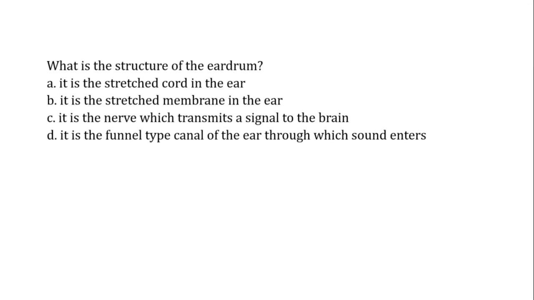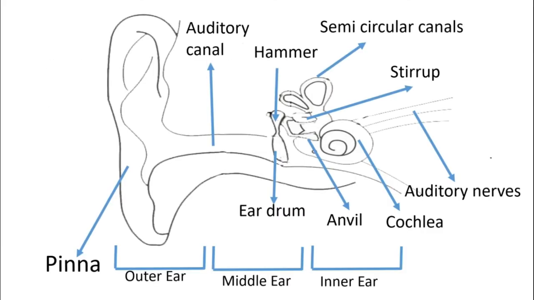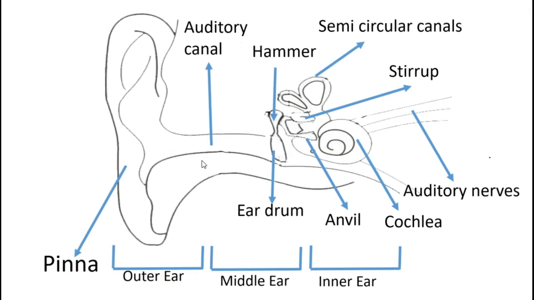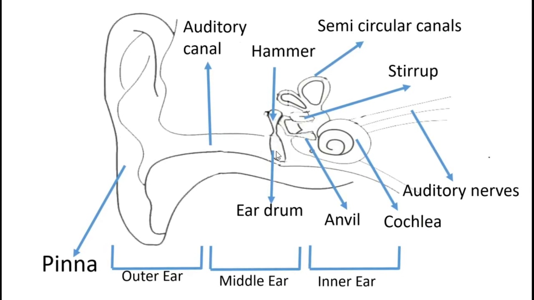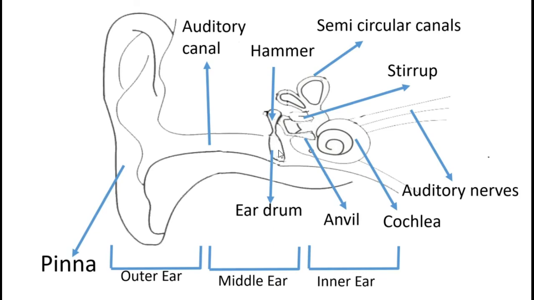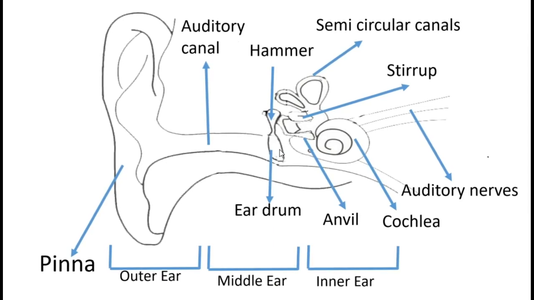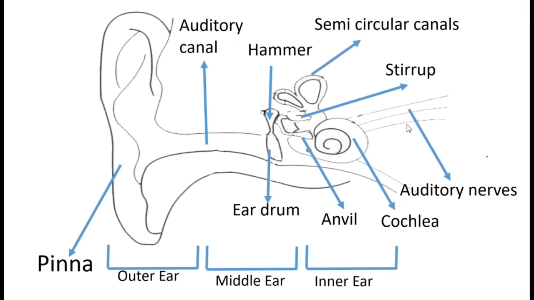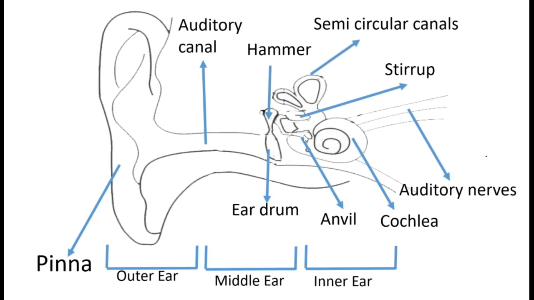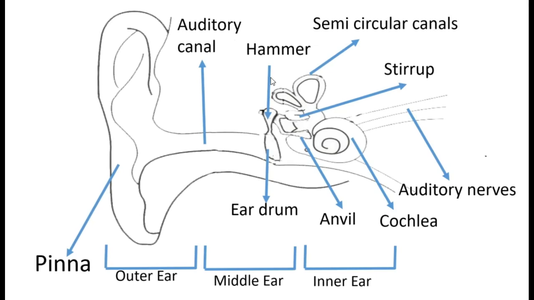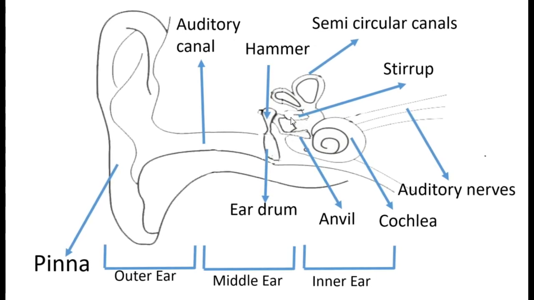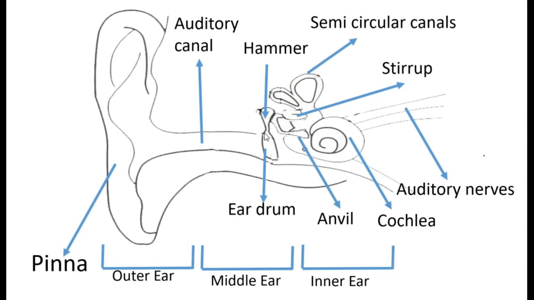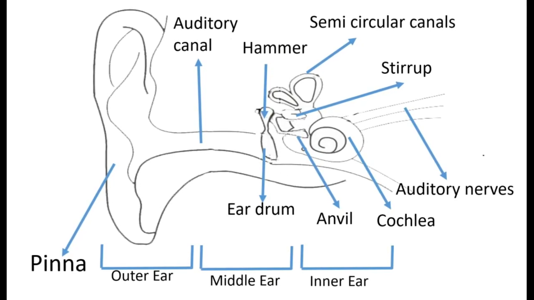So recall the structure of the ear, whereas the canal is the auditory canal, and then there is the eardrum. Eardrum is not a bone. Eardrum is not an organ which will send a signal directly to the brain. It is done by auditory nerves, right? And 3 important bones are hammer, anvil and stirrup. Now the question is, what is this eardrum? It is a kind of membrane.